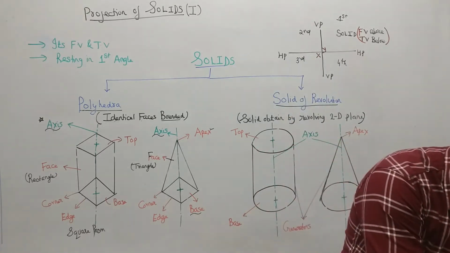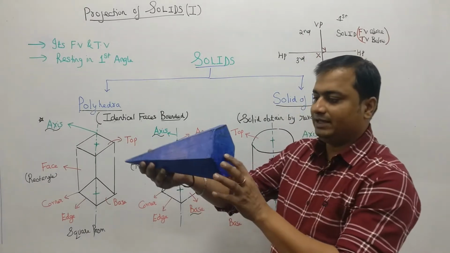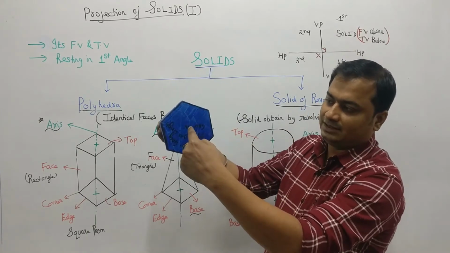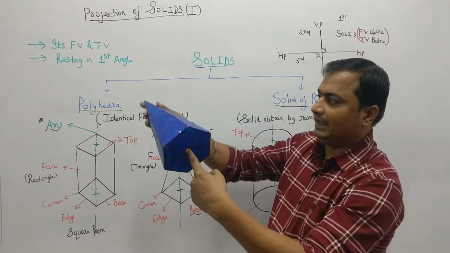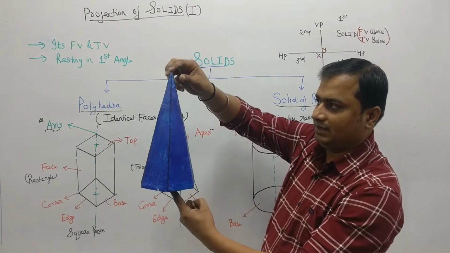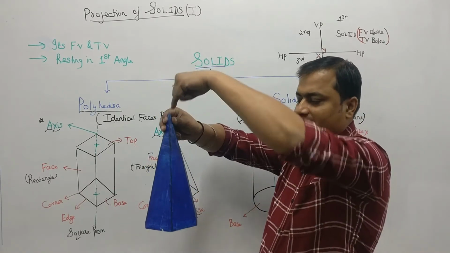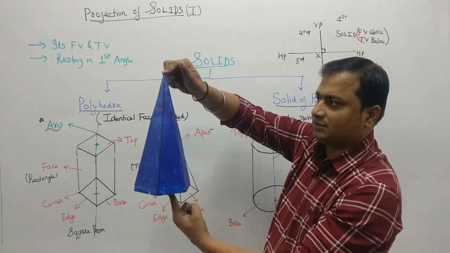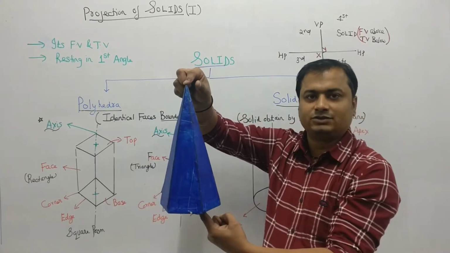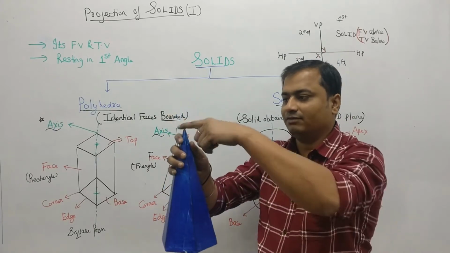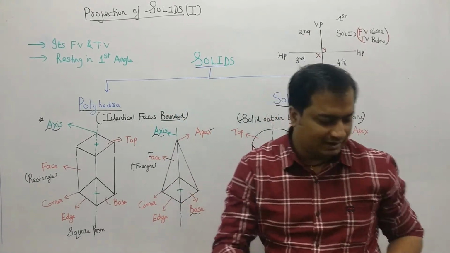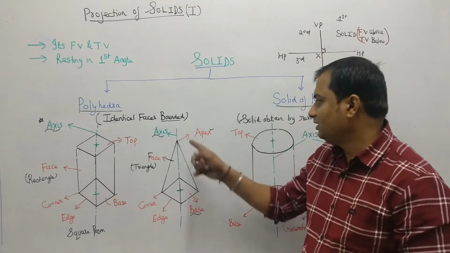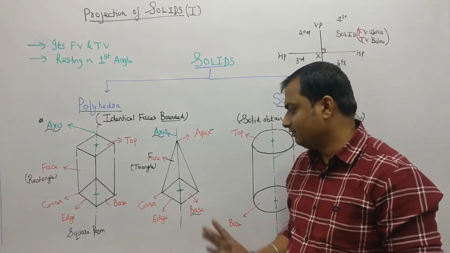If I just show you like this, this is my hexagonal pyramid. So the line joining the center of the hexagon and this vertex, this is the line. If I pass an imaginary line from the center, passing through the center of the hexagon, this will be the axis of the hexagonal pyramid. So the center of the base and the apex vertex, that will be the axis of the pyramid. This is very important, that the axis is passing through the apex and the center of the base.